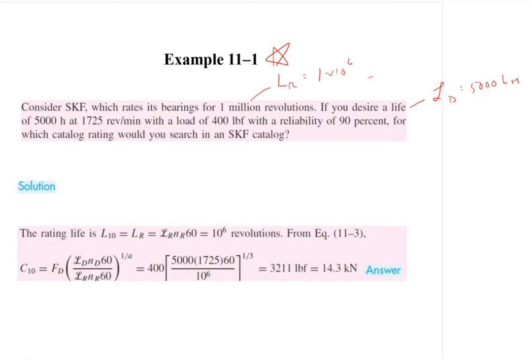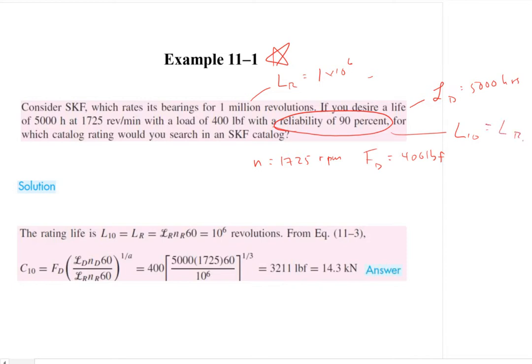And then they give you the RPM and the actual load and the reliability. So N, in this case, is 1725 RPM. The design load is 400 pound force, and this reliability of 90%, that's basically telling you that